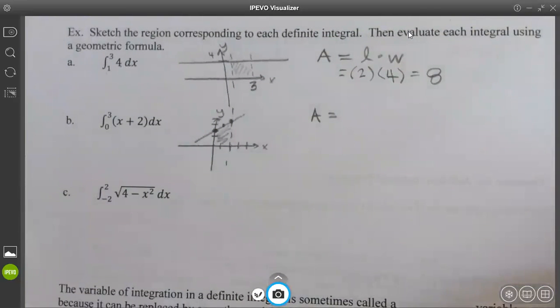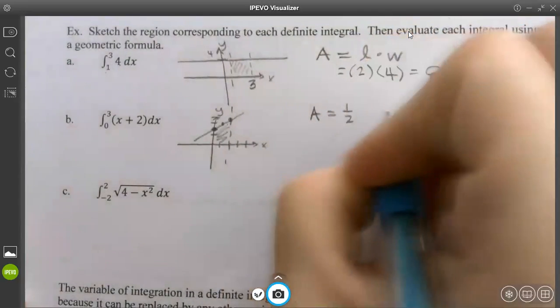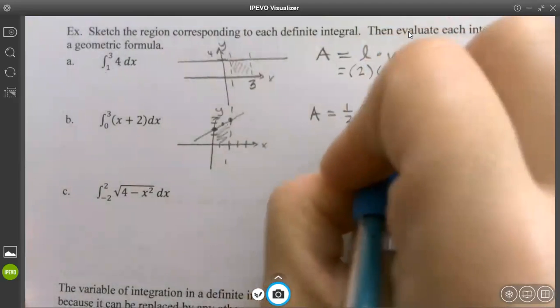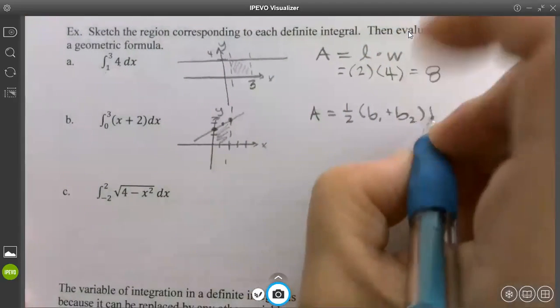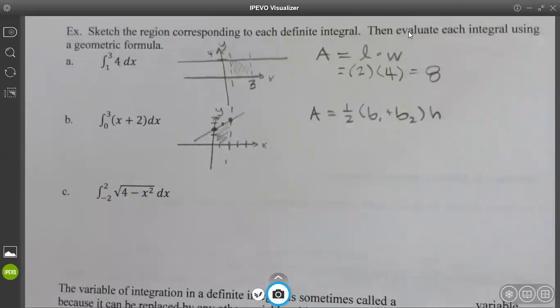You can actually do this a couple different ways. You could even split this up into 2 figures because you don't know what this figure is. The trapezoid. Are we good with that? Trapezoids? Yeah. So to find the area of a trapezoid, it's 1/2 base 1 plus base 2 times height. Now, if you didn't know trapezoid, you could split it into rectangle, square, and a triangle. So it depends on what it is. So quadrilateral, triangle.